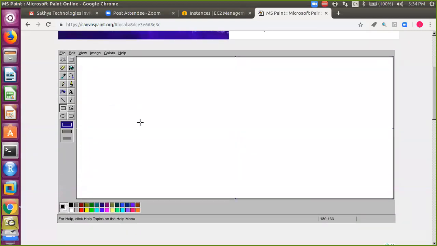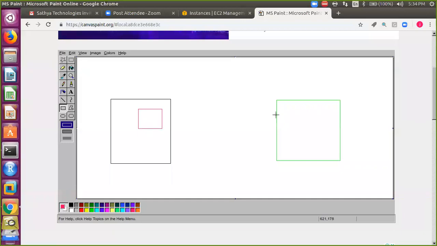Yeah, as I said, this is server 1. This is server 2. On server 1, we have a user account called Mohan. Here also we have a user account called Mohan.